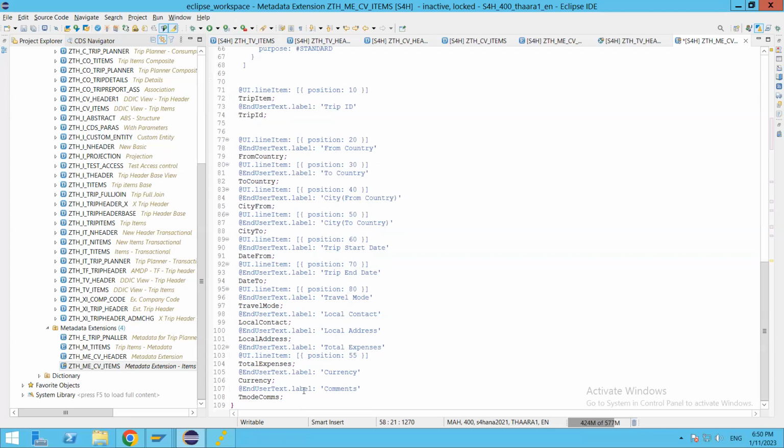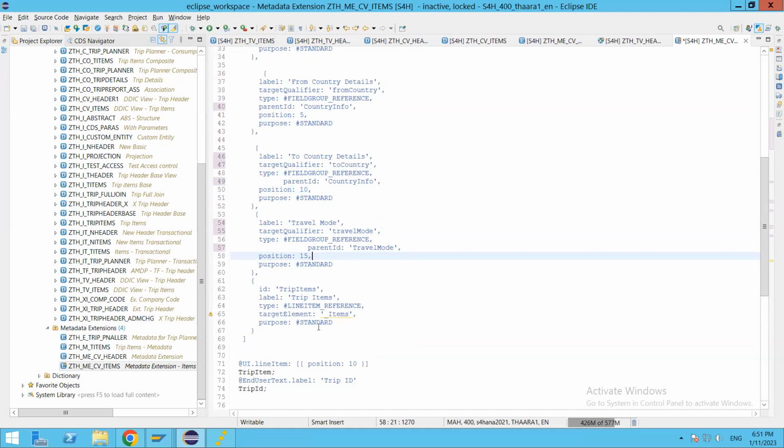The next one, what I'm going to give is the local contact details. Okay, local contact and expense. I'm going to create local contact details and expense details. So in this one, let me change this one to local contact, and the label is also going to be local contact info, and this is not going to be the line item reference, this is also going to be the field group reference, and we don't want this target element, and this parent ID is going to be